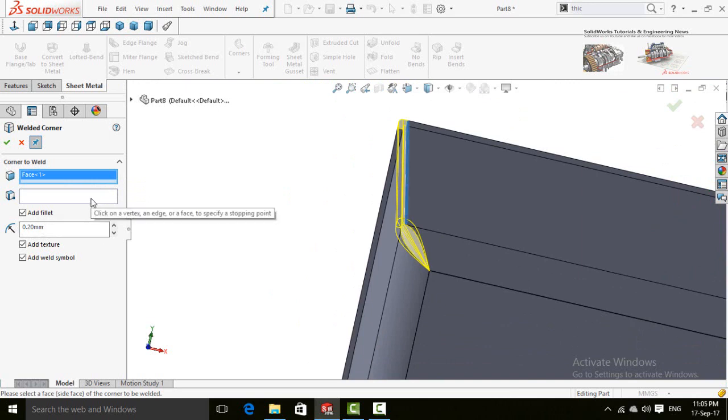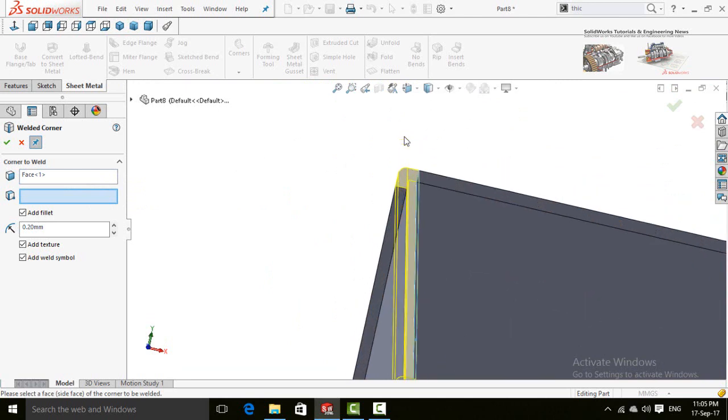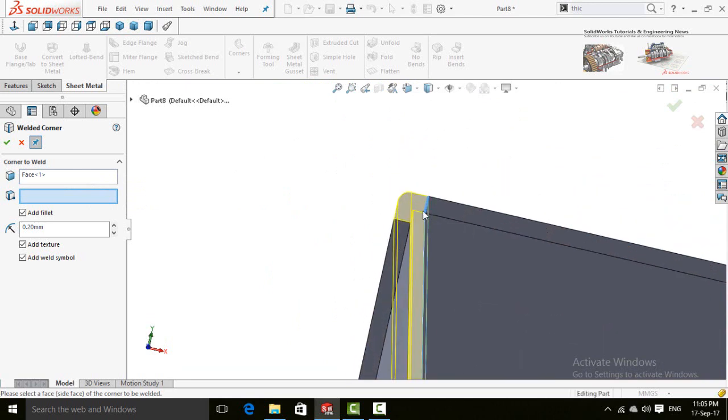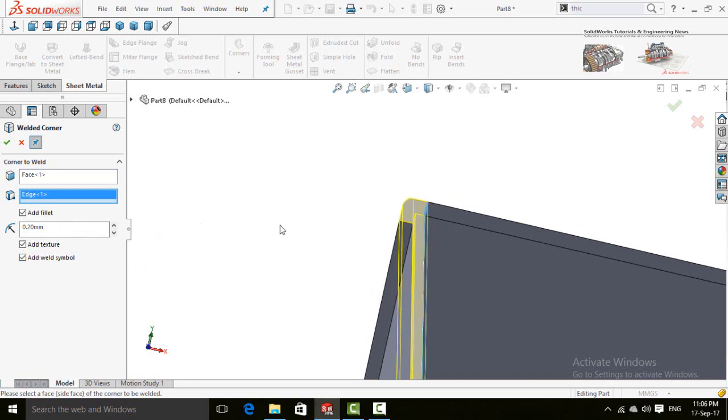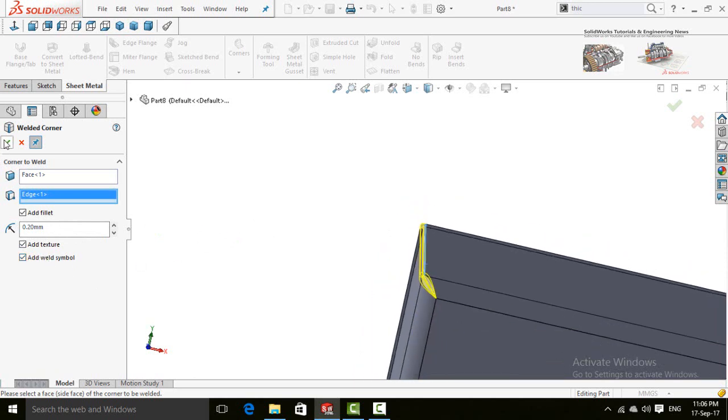Now click on this box and then select the stopping point. Here is the fillet radius and rest of the options like add weld symbol. Now press OK button to apply this command.